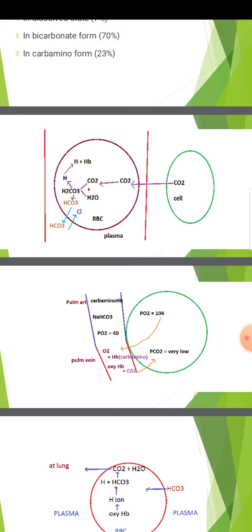So RBCs take up water and swell up, and this is the reason why chloride concentration inside the venous blood RBC is more. This is also the reason why hematocrit of venous blood is more. The PCV, the packed cell volume of venous blood is approximately 3% higher, and venous RBCs are more fragile than arterial RBCs. Now let's see how does